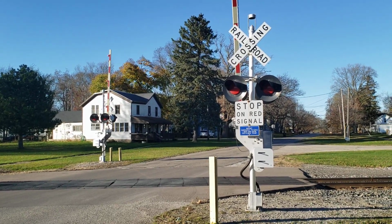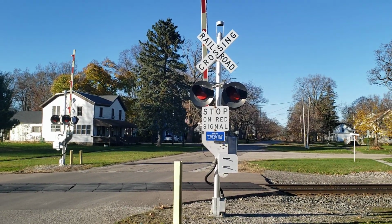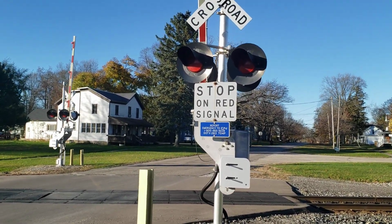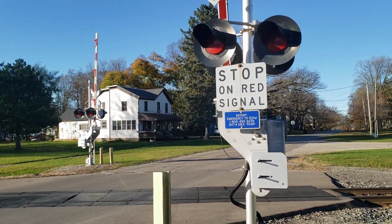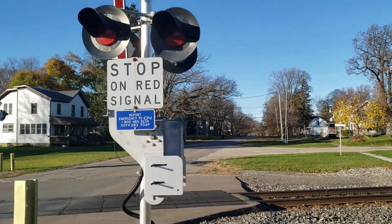All right, here I am at the Main Street Railroad crossing in Bancroft, Michigan. Now this right here is a rather neat railroad crossing owned by the C.N. Flint subdivision, and this crossing, as you can tell already, unlike many of the others across the line which look the same with the modern Siemens equipment and whatnot, features a few interesting and rare elements